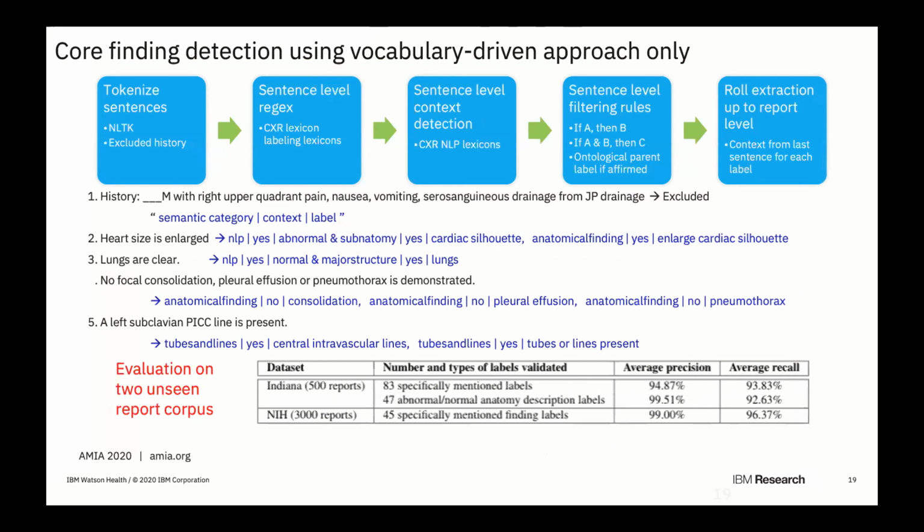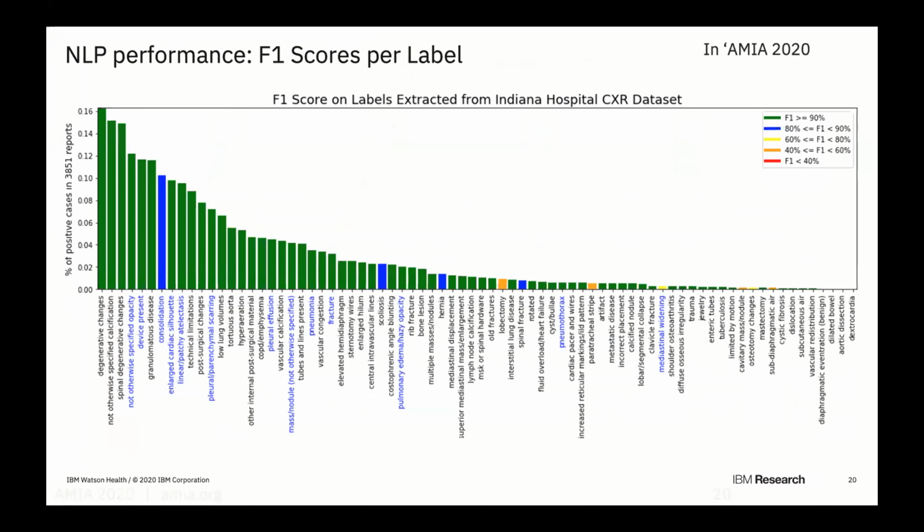So we evaluated this for core finding detection, and you can see the typical pipeline used for text analysis and the current accuracies for such things evaluated on test corpuses. This is also work that we published in EMNLP last year. The key feature here is the way negations, negative findings, were captured in the descriptions using pre and post negation rules. And you can see the coverage for such findings in comparison to the 14 X-ray findings, and the current performance using F-scores across the findings. You can take a look at this data set.